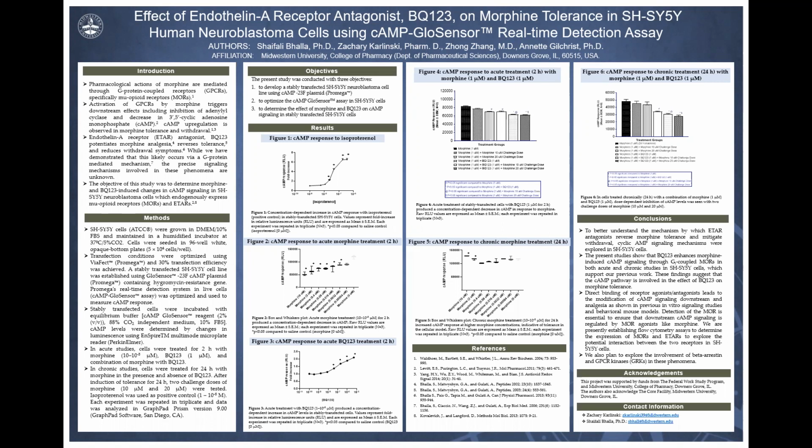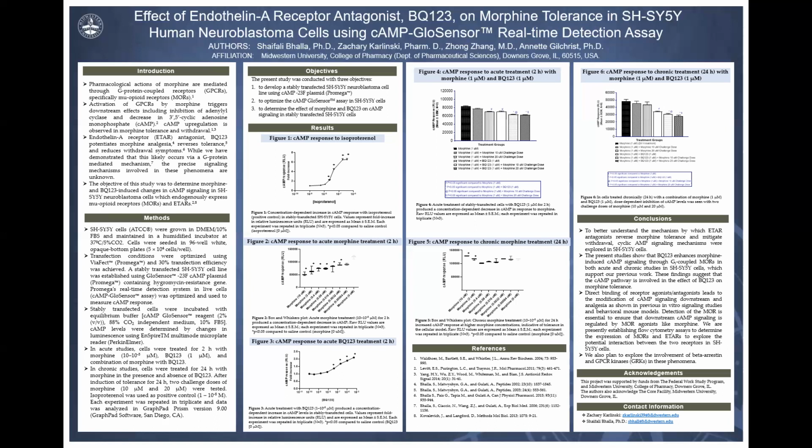To give you a brief background, we have previously shown that endothelin-A receptor antagonists significantly increase opioid analgesia, and in subsequent studies, we also found that analgesic tolerance as well as withdrawal symptoms are attenuated by these antagonists. This was one of the most important findings from our previous animal work, but we wanted to go a step further and investigate the mechanistic role of some of the signaling pathways in cellular models in how BQ123 mediates its